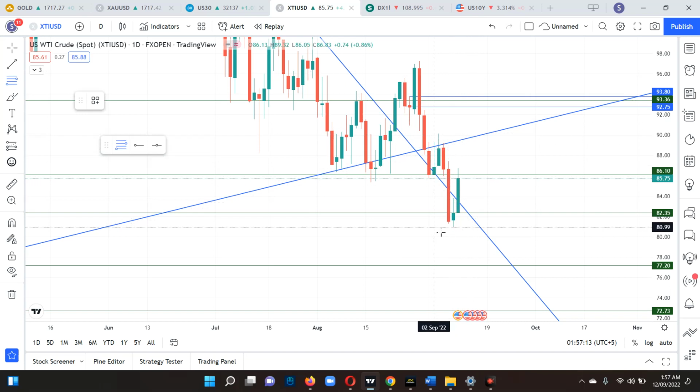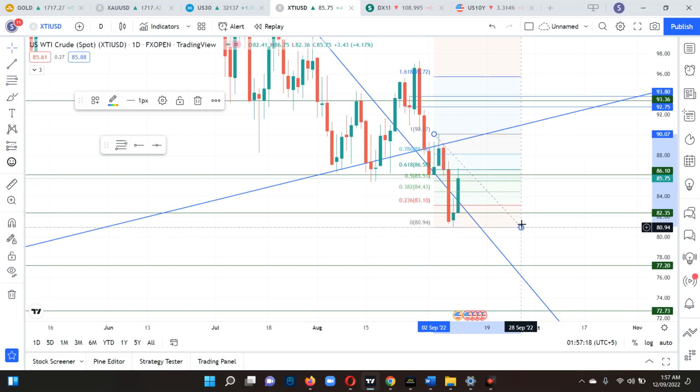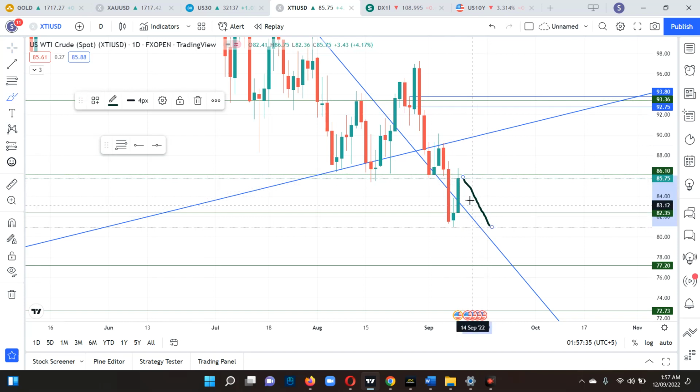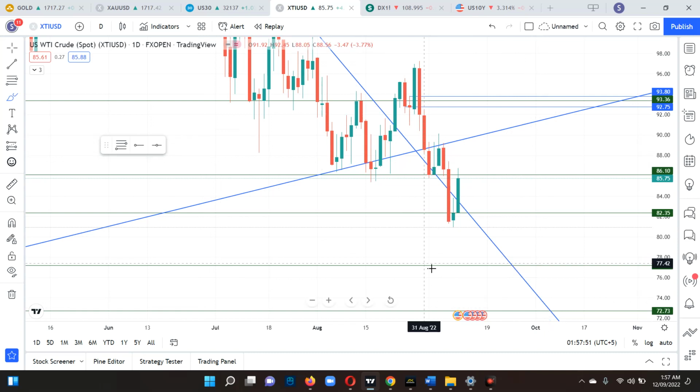So there's also that possibility. But if you check the Fibonacci retracement level, the market has totally given us the retracement. You can see that at 86.60 the market has almost given us the 61.8 retracement level. So for me, if the market starts falling downside from this area, around 86, then for long term trades you can use a stop loss at 91 or $92. For the safest stop loss, that would be $98, and you can see the momentum till approximately $77. So there's a possibility. This is what I am thinking about oil.